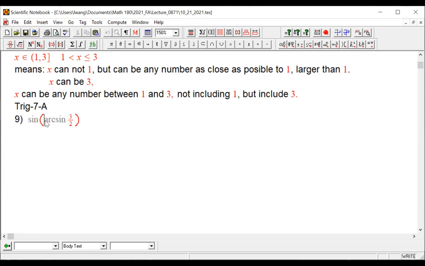Okay, and that function has a domain and range. Arcsine has a domain and range. What's the domain and range? Arcsine. Anything outside the domain will be called undefined. So the domain for sine is between -1 to +1. The range